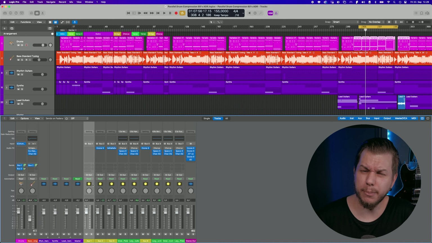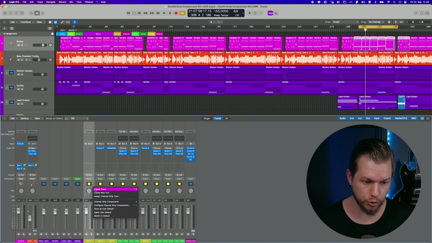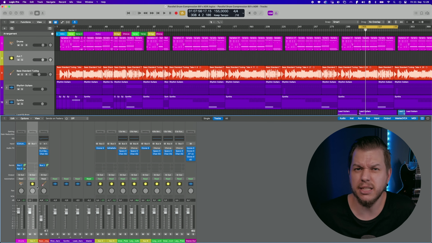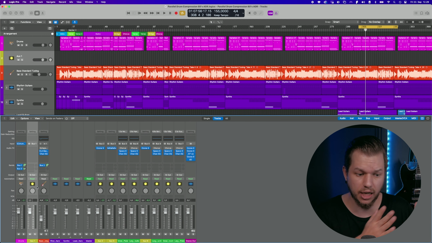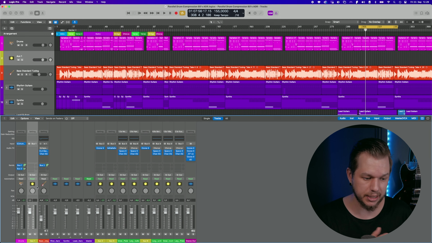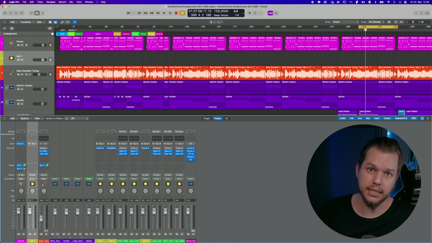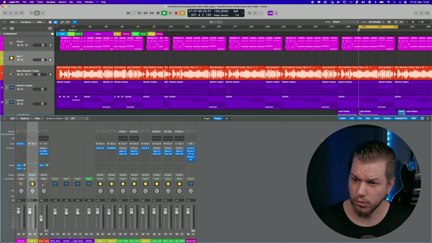I'm not 100% sure about other DAWs, but in Logic Pro you can also do a cool thing where you go to the bus you just created, hit create track, and it's now next to the drum track. This is not something you absolutely have to do, but I just like to organize my tracks in a way where there's drums, bass, guitars, and then everything else after that. And if we take a listen now,